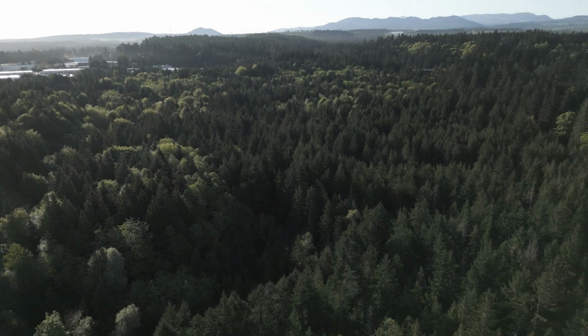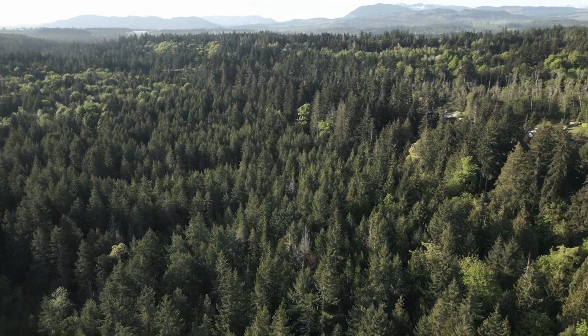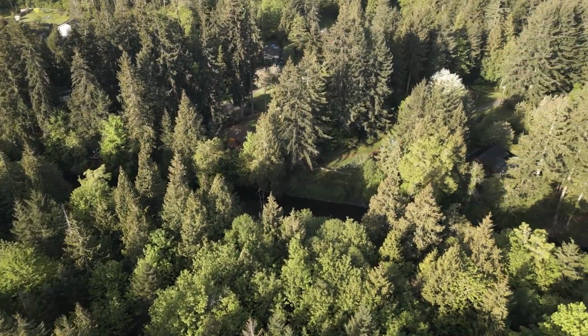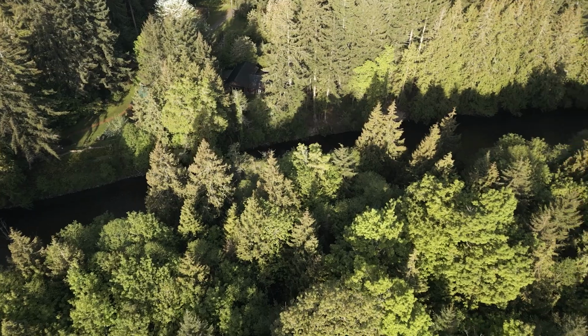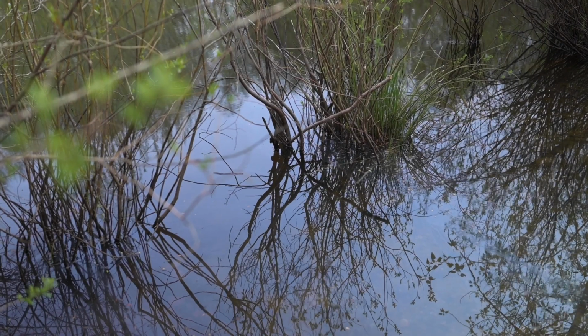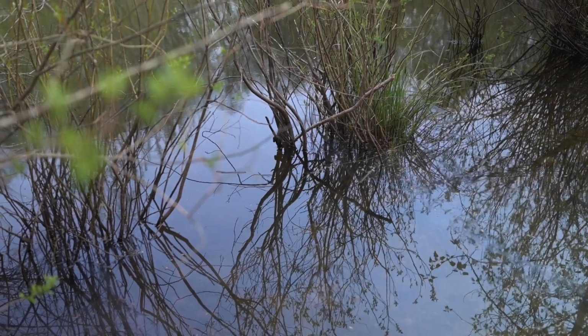It's a wonderful corridor. It's part of a corridor that goes all the way from the foothills right on down the watershed of the Englishman River to the shore, to the Englishman River estuary. They're all connected, and many of the wildlife have to move seasonally, following food, looking for denning in winter, looking for places to rear young and protected places to nest. And this place provides a lot of variety as far as the habitat and the different resources that are important